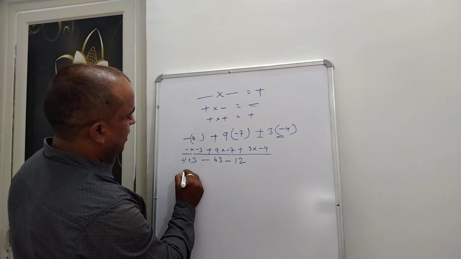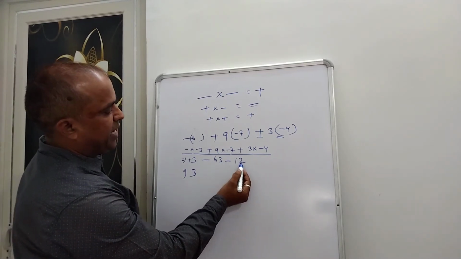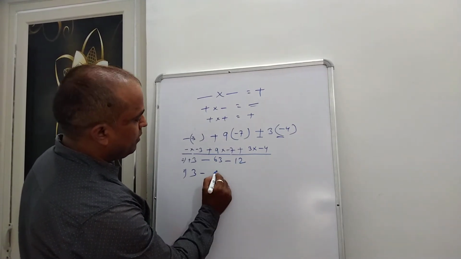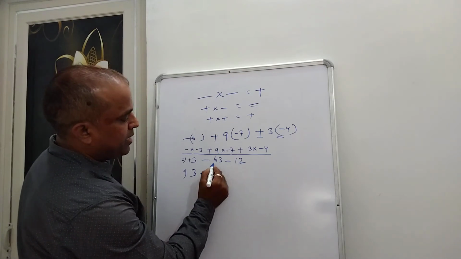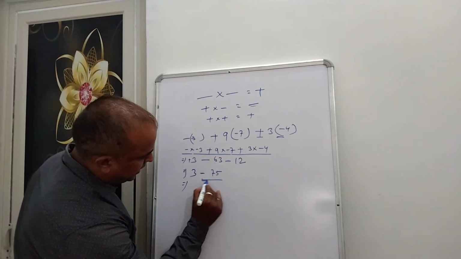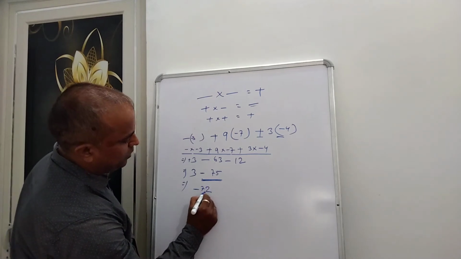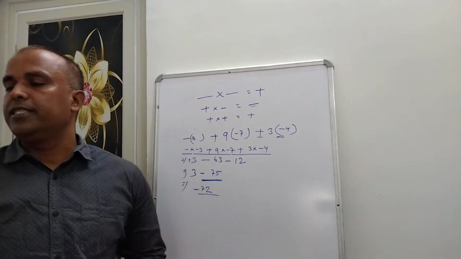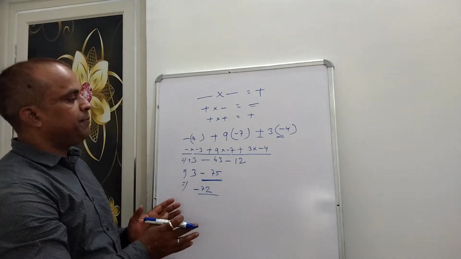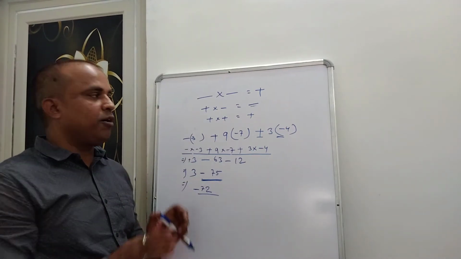Here write 3, then minus 63 minus 12. Always remember the sign will be minus. You can add 63 and 12, that is 75. Now you subtract, but which is greater? The minus sign is greater. You can write minus 72. Is there any doubt? Very good. So this is the quick revision of these three concepts.